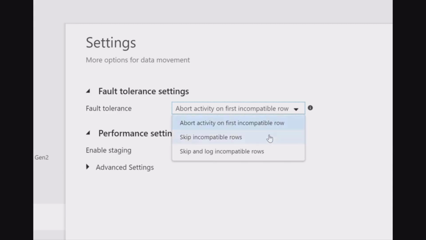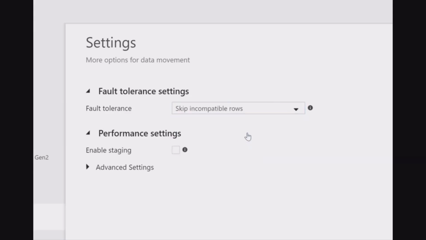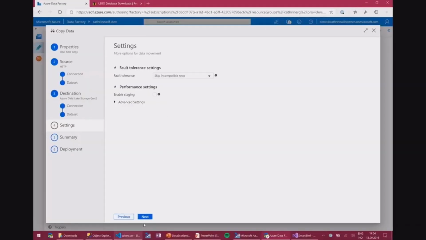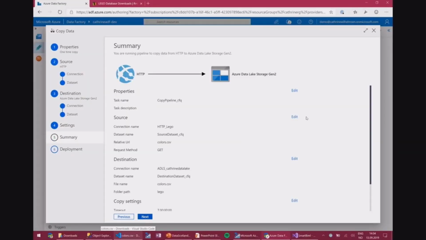So what you can do here, out of the box, is choose to skip those rows, or you can skip and log them. If you skip and log, it's going to be logged into a text file in blob storage, so you can go ahead and process that afterwards. Built in out of the box. It's lovely. So for now, just for demos, I'm going to choose skip incompatible rows because I just want to see how things work. And then we can review the settings.